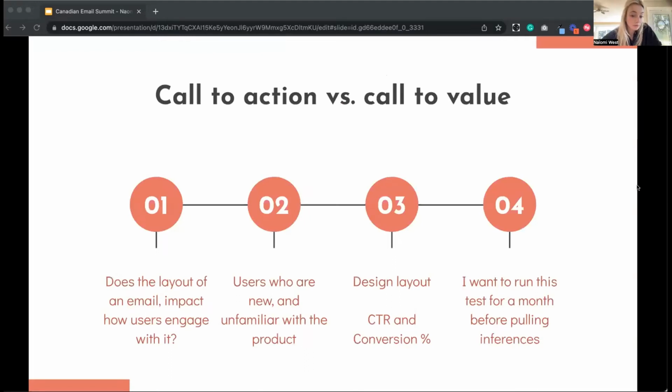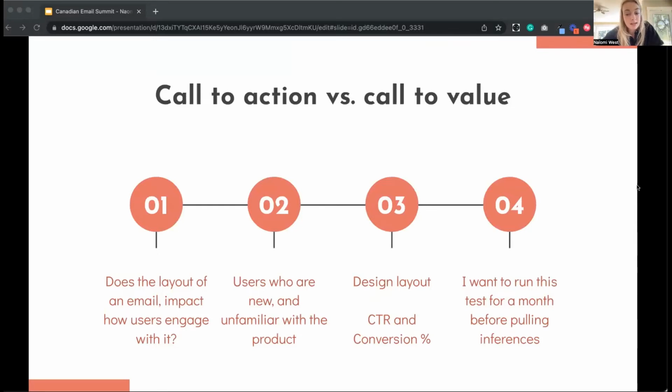I'm testing here the layout, more specifically how users engage with it. And the audience is users who are new and completely unfamiliar with the product. Ideally here, I'm just focusing on the layout of it. So that placement of the faux video, and I'm looking at both click-through rate and conversion rate. The reason I want to look at both of these metrics is that if more people go in and click on the video, but then don't overall convert at a higher rate to product usage, there's a higher drop off, and I don't want that either. I want it to match so that more people go in and click through the video, but also convert at a higher rate as well.